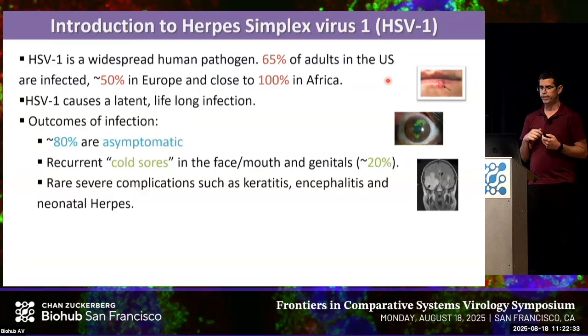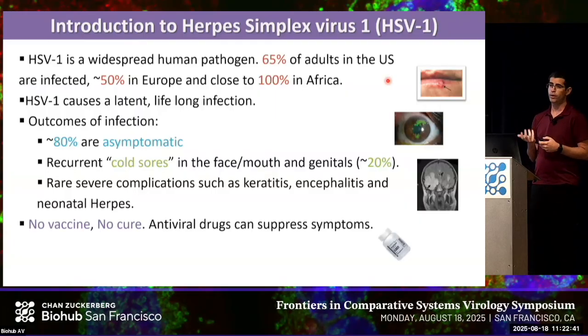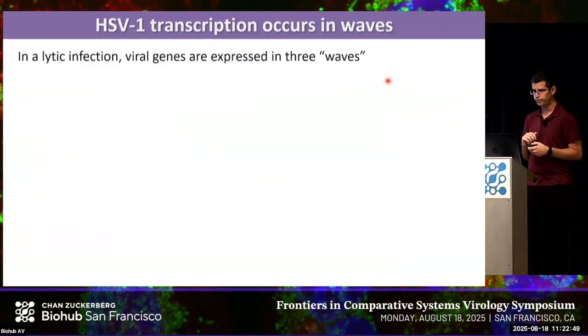And more rarely, and especially in immunocompromised patients, we have more severe manifestations such as keratitis, encephalitis, and neonatal herpes. There is no vaccine and no cure. We have some antiviral drugs that can suppress lytic infection in the epithelium, but they don't get rid of the latent reservoir. In the lytic infection, which is happening in the epithelium, which is what we study in the lab,